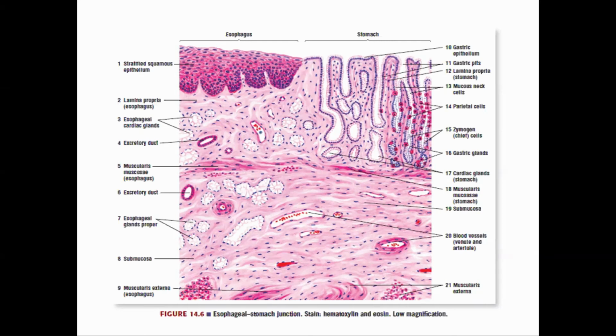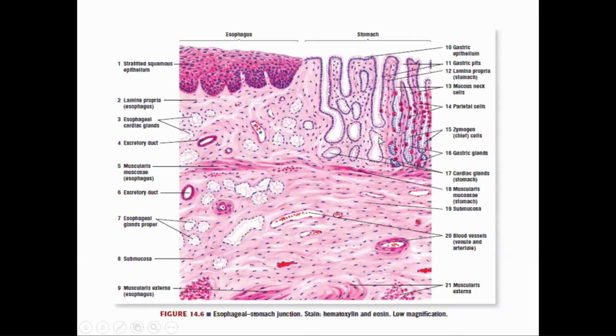Clear? Now the submucosa is made up of loose areolar connective tissue where a nerve plexus is present, named the submucous or Meissner plexus. Others are blood vessels, lymphatics, etc. Now the mucous layer or the mucosa is further subdivided into three parts. One is the lining epithelium. The lining epithelium of the GIT is always simple columnar, except in the esophagus and the terminal part of the anal canal.